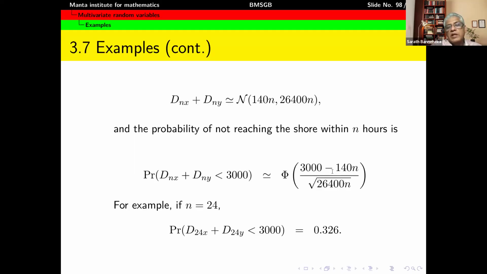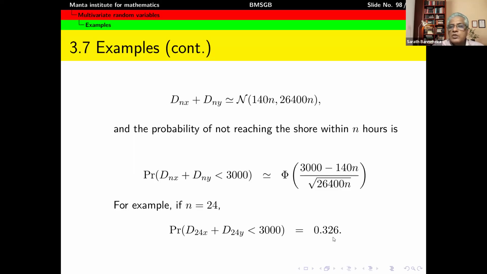So that is the expression that we can get in terms of n, and we cannot simplify more than that unless we substitute a value for n. For example, if we are interested in the probability that the oil spill will not reach the shore within a day, then we substitute n equal to 24. This is generally a function of n, but for any fixed value of n we can calculate it. When you substitute n equal to 24, you can get this very simply using R, that is going to be